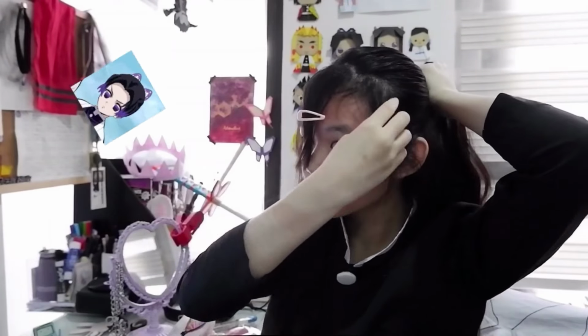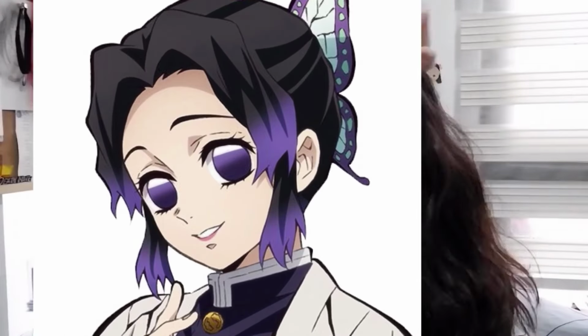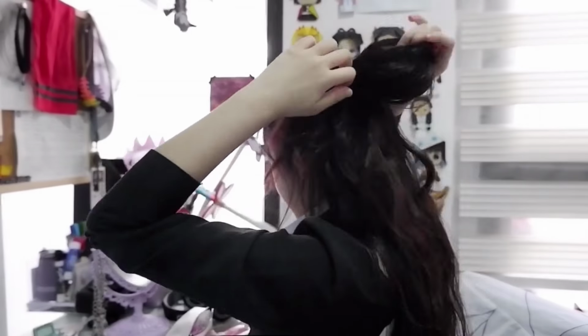First, get your purple heart-shaped mirror, or a normal mirror, but purple for Shinobu vibes. So first, deploy your bangs, or just take them like a normal person and clip them in front. Then kinda try to do a half-up hairstyle like this and pull out a bunch of hair on the side like this, unless you're doing 14-year-old Shinobu, because I guess 4 years of maturity makes hair fall out of the sides of your head. Tie the hair in place around where you'd want the butterfly to sit,